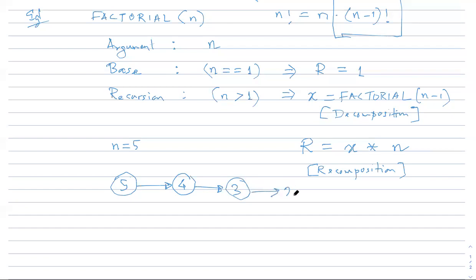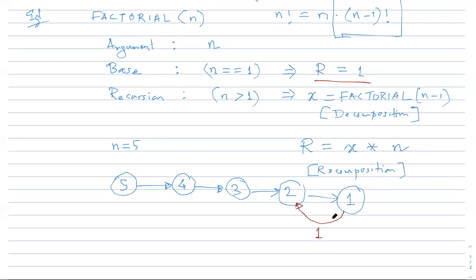So you keep going. 2. 2 is also greater than 1. So you again, one more step. You got into 1. Now you are hitting the base case. So once you have hit the base case, now what do you do? I know how to compute the base case. I know that result is going to be 1. So this guy returns